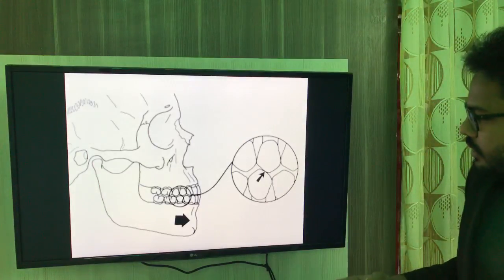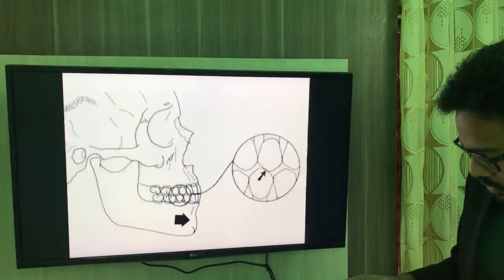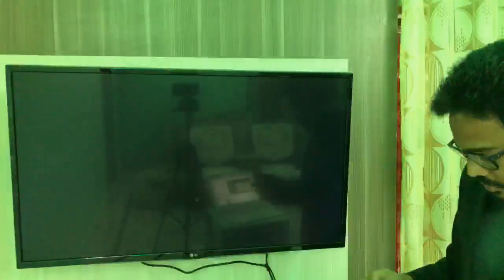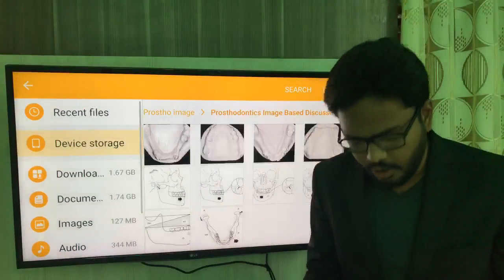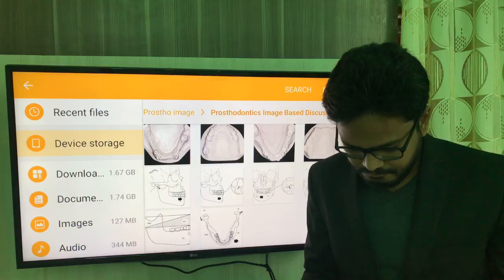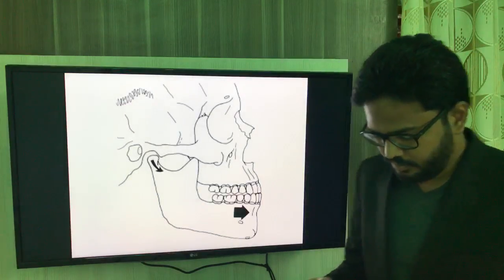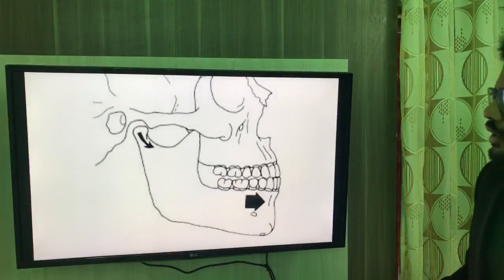So as you can see here, we'll start with the first one. Just give me 1 second. I hope I'm audible, right? Yeah. So if you look at this illustration,